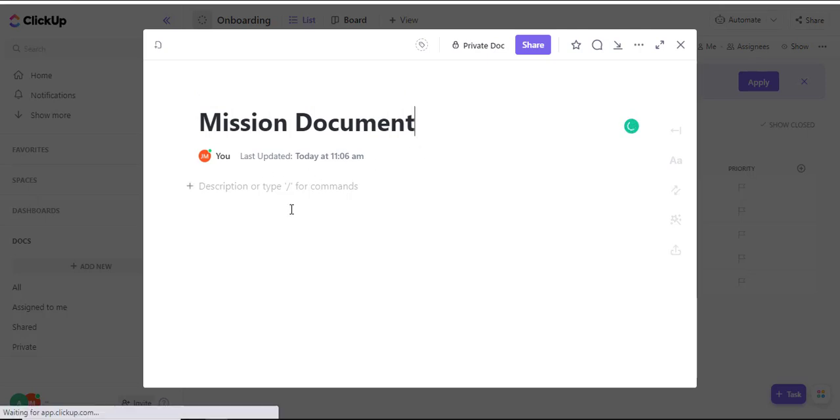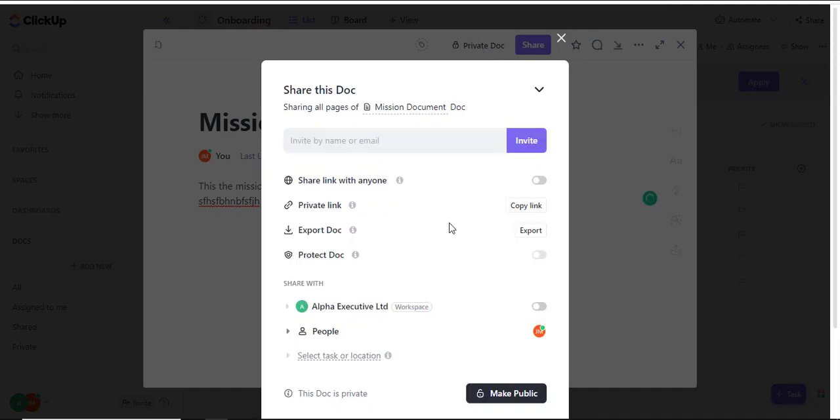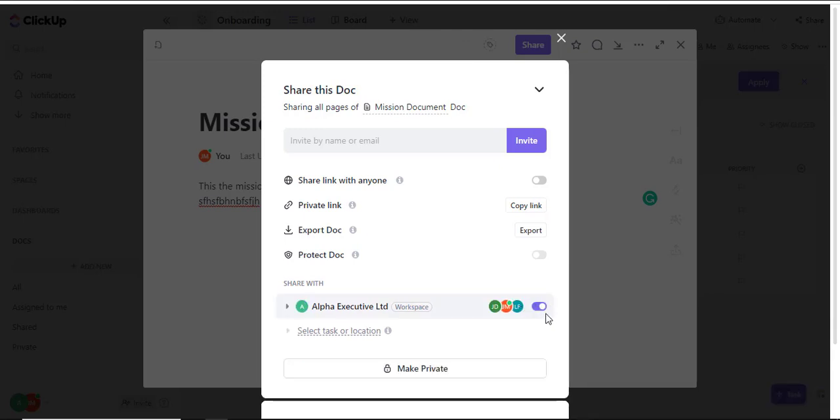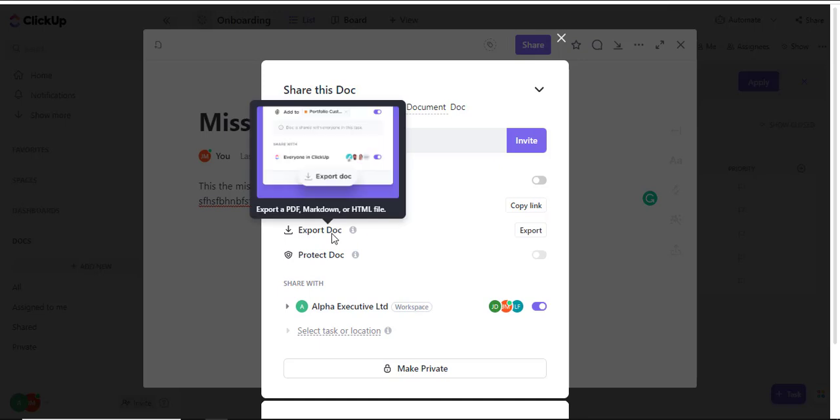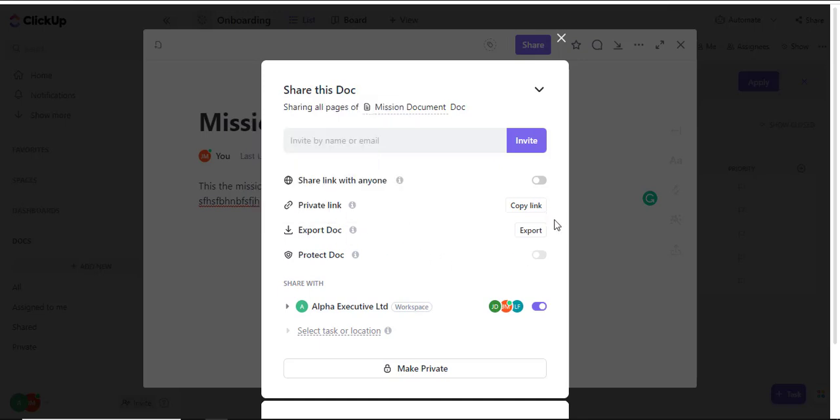In the mission document, I will describe the mission and all the content that is needed in there just to make sure the document is very inclusive. I will then make this document not private but public in my workspace. So I will allow workspace access from the toggle option so that anyone who is associated with this workspace has the ability to read the document. So once I have done that, I can export that into my computer. I can also copy the link